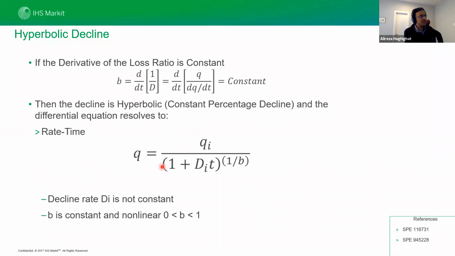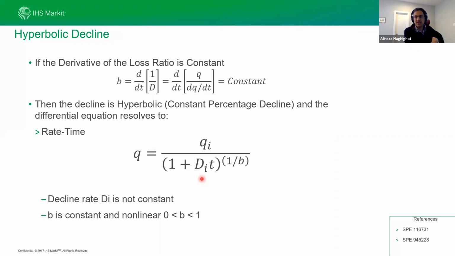When you have the best fit, use this equation, put time equal to any value, 20 months, 30 months, 20 years, 30 years, and at each time, you will be able to calculate the rate. So this is called hyperbolic decline, and we are going to show you how you can tune some of these parameters. And the other thing is, if the decline is constant,